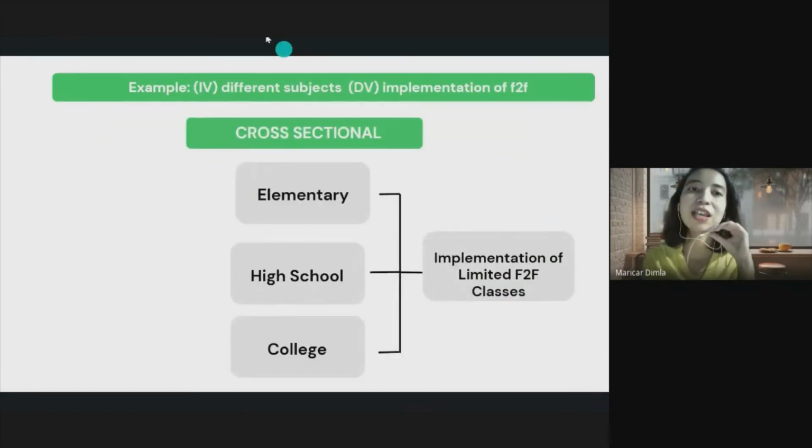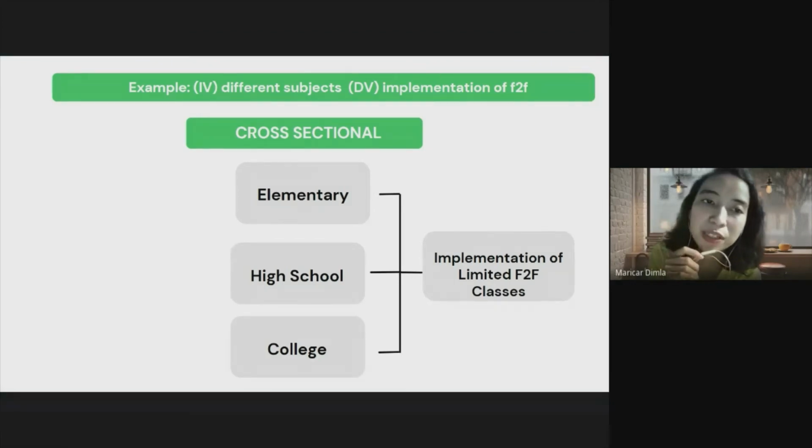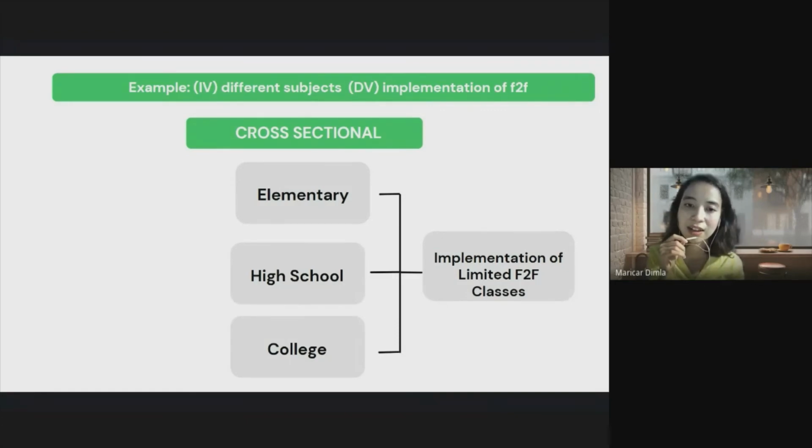Okay? So class, share ko lang sa inyo. Ito yung favorite kong ginagamit na research method. Okay? It also falls under, class, the descriptive. Descriptive, so meaning to say non-experimental siya. Okay? So I have here independent variables, different subjects, different sets of respondents, and then the DV, implementation of limited face-to-face classes. So gusto ko lang malaman yung kanilang level of agreement, pagsang-ayon, elementary, high school,